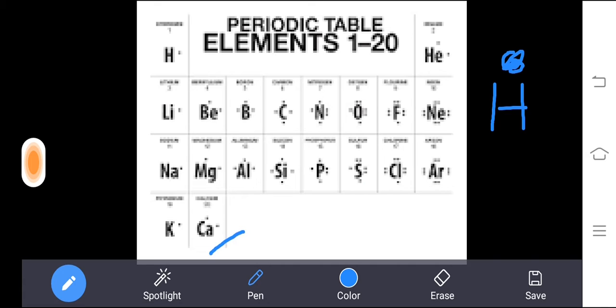Here, up to 20 elements are given. For example, for oxygen, what is the outermost electron count? It is 6, so we make 6 dots: 1, 2, 3, 4, 5, 6. This representation of valence electrons as dots around the element is said to be the Lewis dot symbol. We want to remember this. If you don't remember the symbols, you can remember the valence electrons, because the same valence electrons are going to be made into dots.